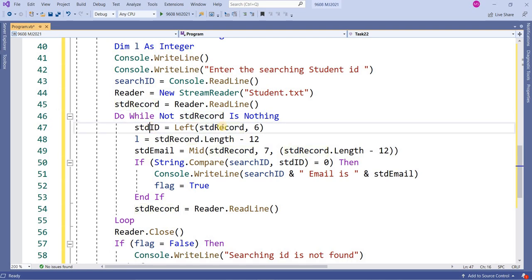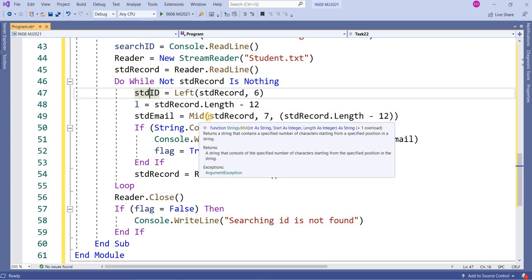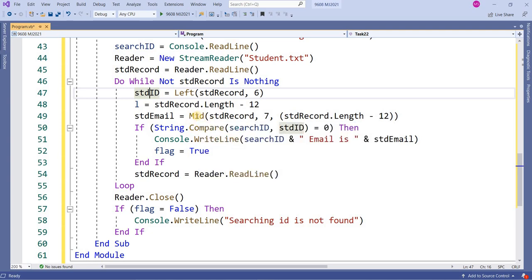That will become the student ID. After this, I'm checking the email: student email equal to Mid. The email is in the middle, that's why I write the Mid function.